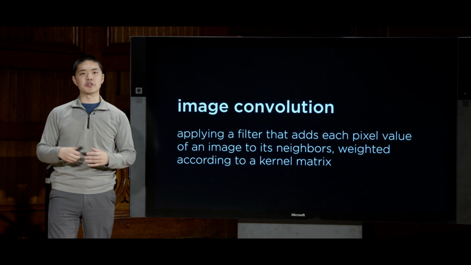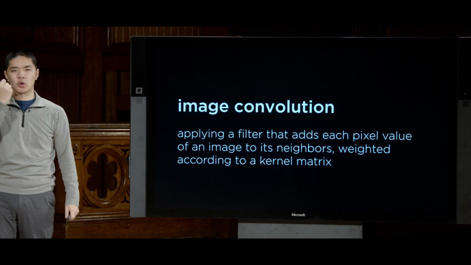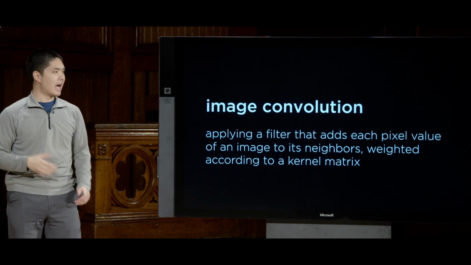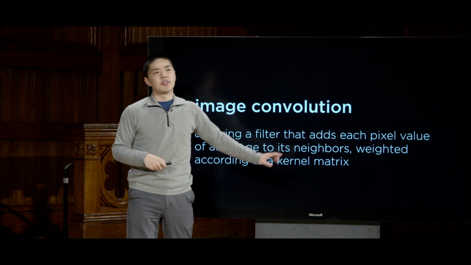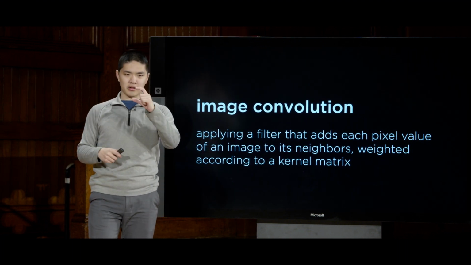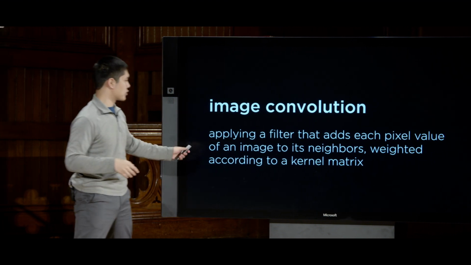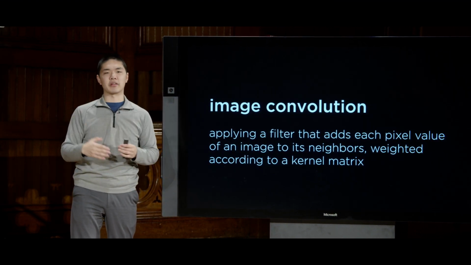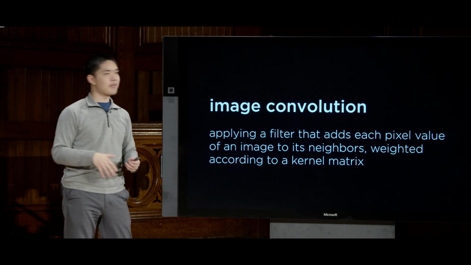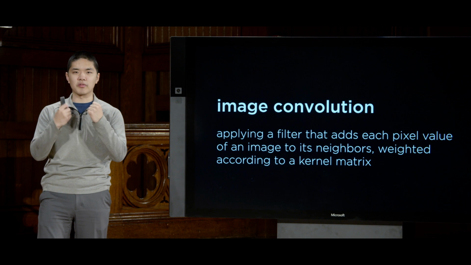And what image convolution is all about is filtering an image, extracting useful or relevant features out of the image. The way we do that is by applying a particular filter that adds the value for every pixel with the values of all of the neighboring pixels, according to some sort of kernel matrix, which we'll see in a moment, that allows us to weight these pixels in various different ways. And the goal of image convolution, then, is to extract some sort of interesting or useful features out of